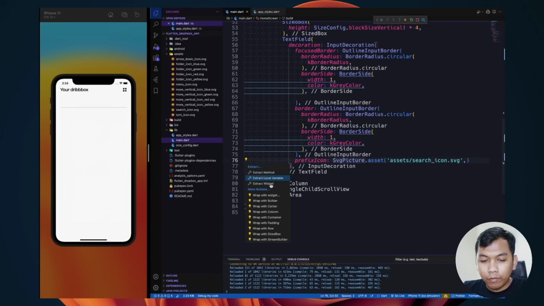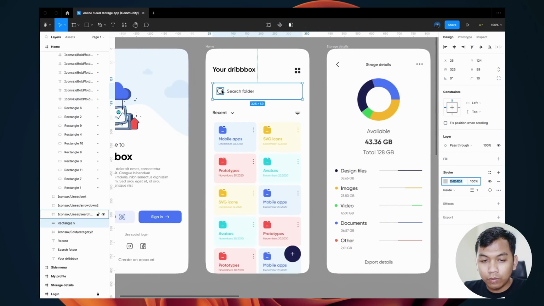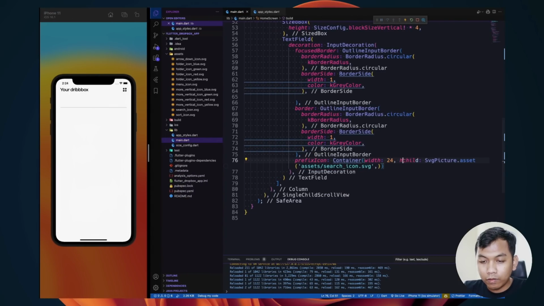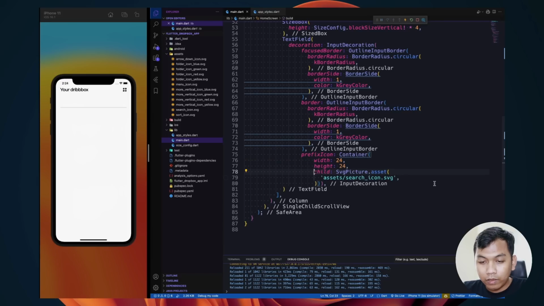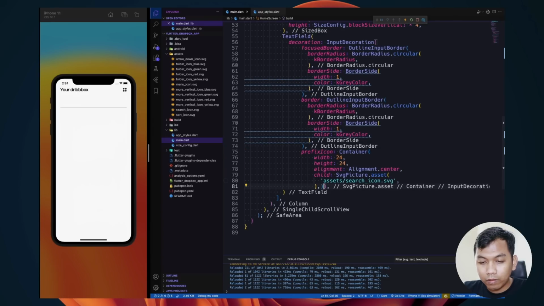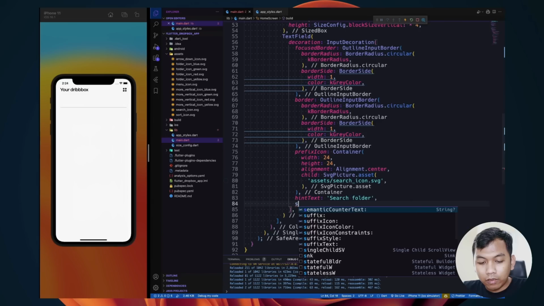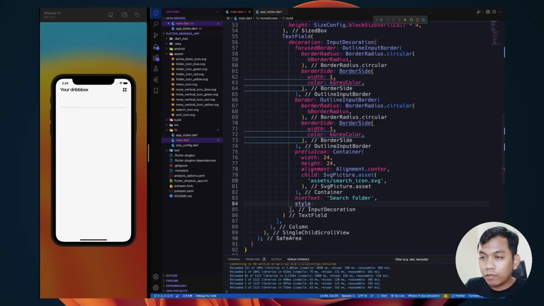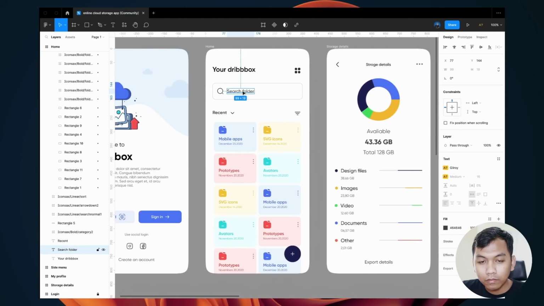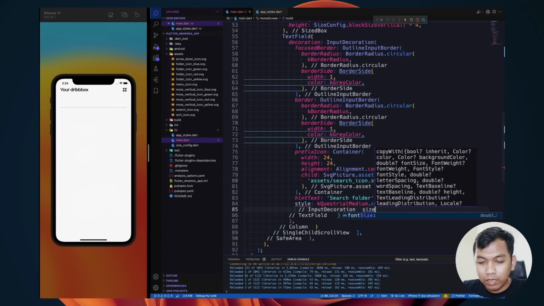and we need to wrap our svg using container, set the width to 24 and 24, and we need to set the alignment to be center, and below that we will have a hint text will be search folder, and for the style will be medium, so k medium, copy width, change the size,